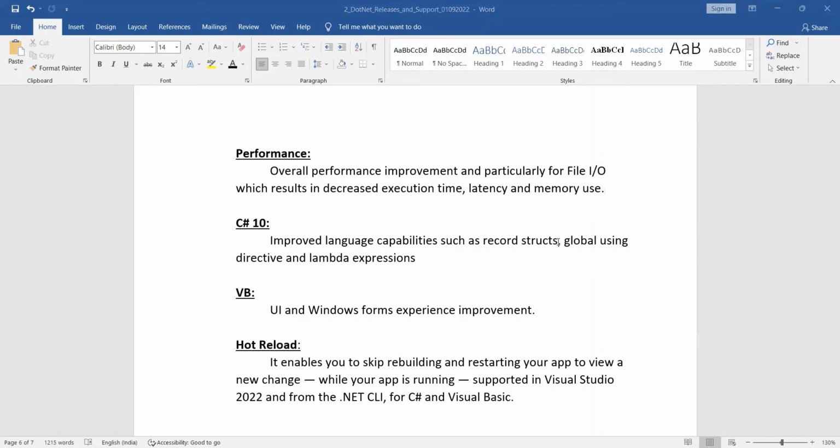Then there is a global using directive, so we can directly set the using directive in a separate file, and we can use it globally in our